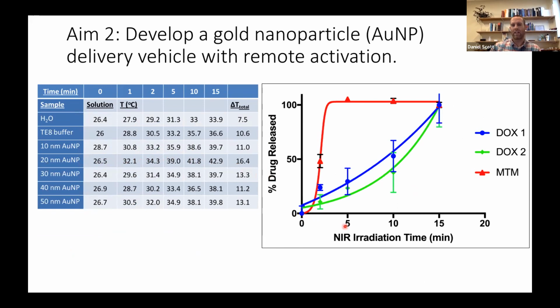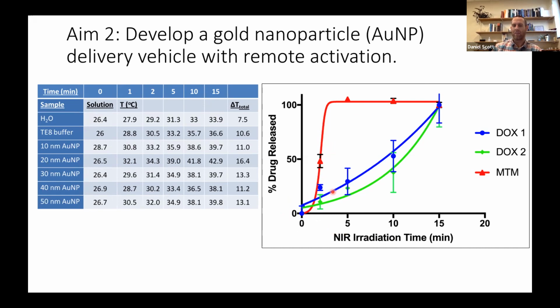And so what we're looking at on the x-axis is how long we were irradiating with our near infrared laser, and on the y-axis is the percent of drug that was actually released from the nanoparticle surface. As you can see from our plot, we got our Mithramycin to release pretty quickly. Within about 5 minutes, we had the majority of our Mithramycin released from our nanoparticle surface. And then our other